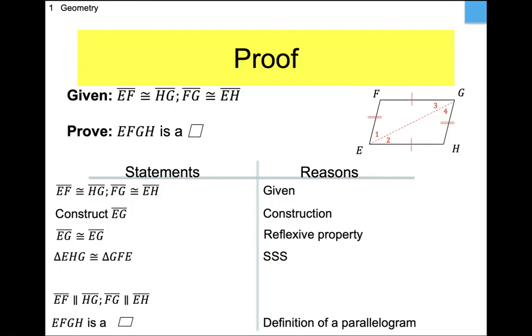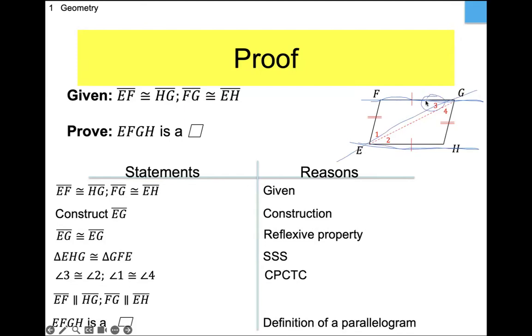Well, if those two triangles are congruent, then angles 1 and 4 would be congruent, and angles 2 and 3 would be congruent. That's just CPCTC. And if we notice, I'll draw this one for you. Let's do this in blue. If we notice this, then therefore, if I have two lines cut by a transversal, and